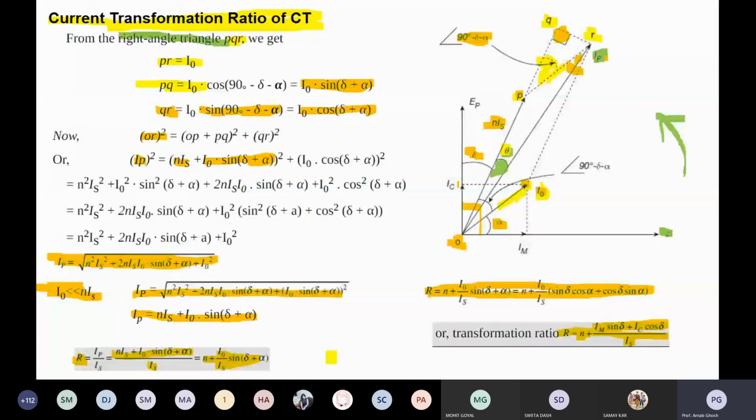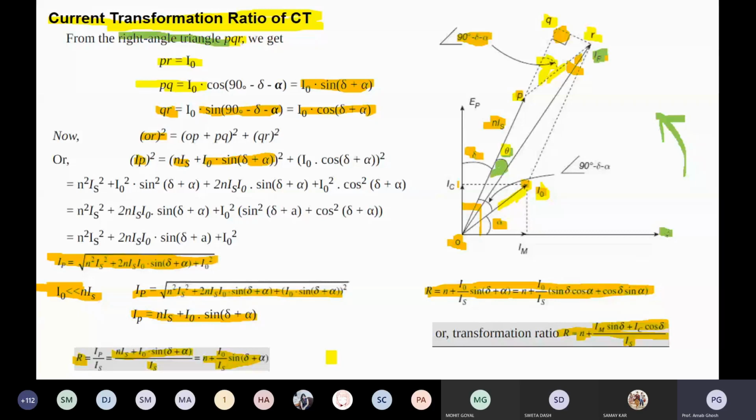Now you have to calculate how much the ratio is differing from your testing results. Okay, means both of the ratios, the given ratio by the manufacturer and the calculated ratio. Are both the same or not? If both are not the same, then how much error is there? That is called the ratio error.